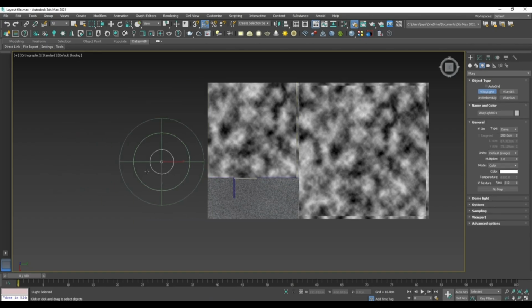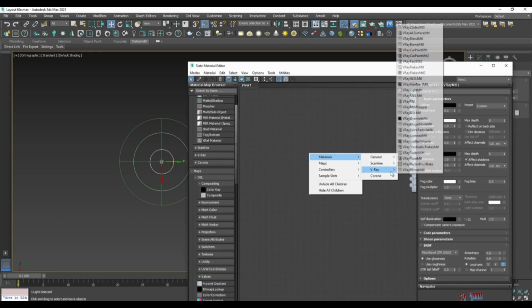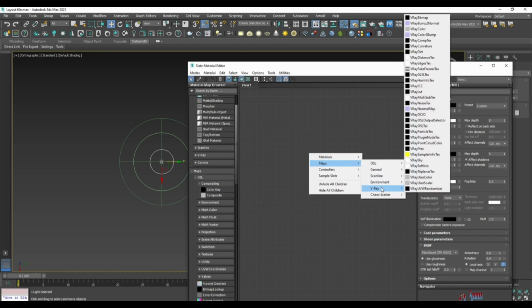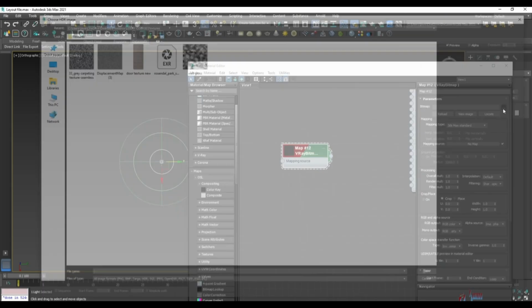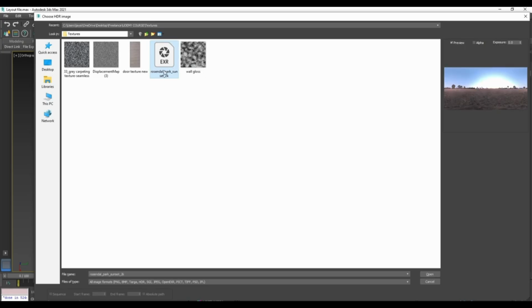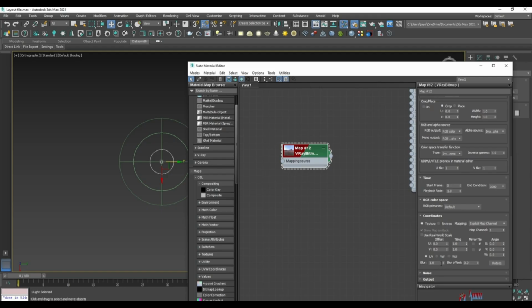And if you head into your textures and just create a V-Ray bitmap, and then find that texture, which is this one, and then change that to spherical, put the blur down on it, change it to environment, change that to spherical environment,